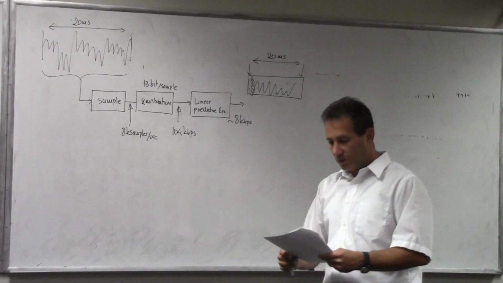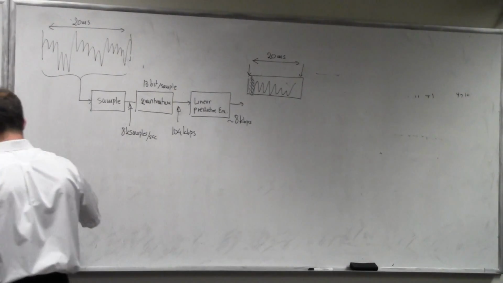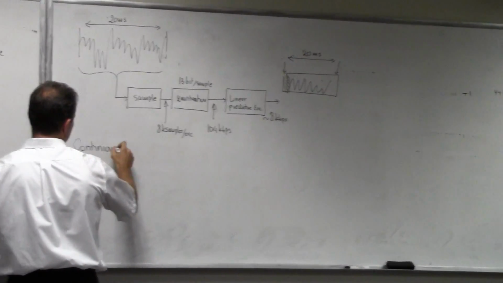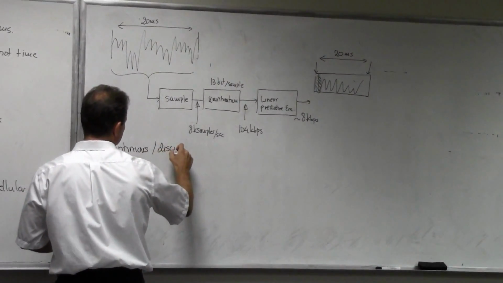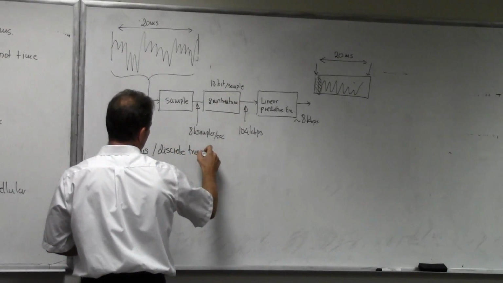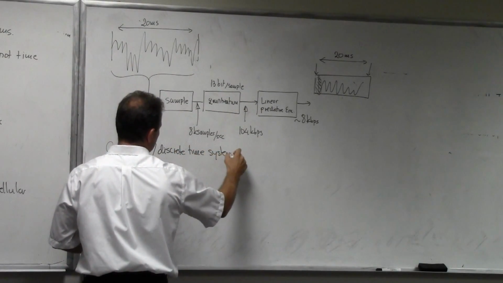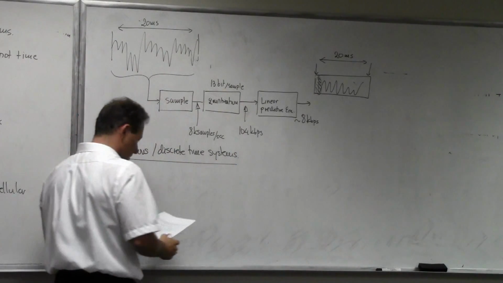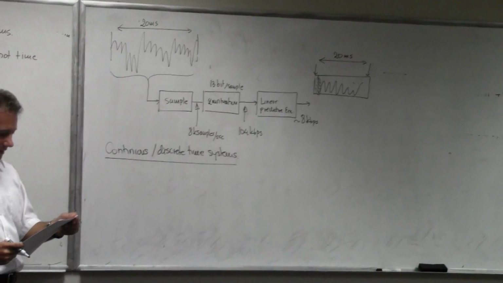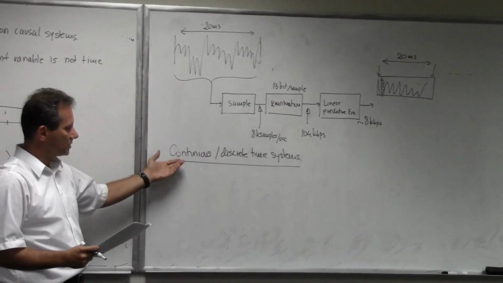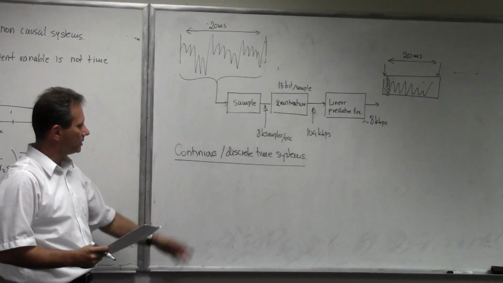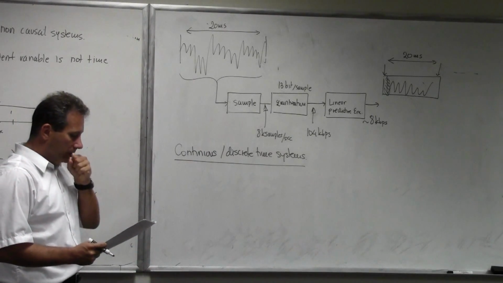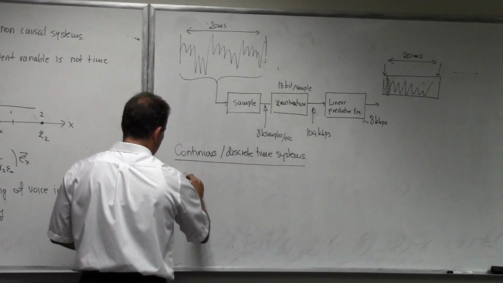All right. Now, we also mentioned last time continuous versus discrete time systems, and the distinction here is kind of the same as the one we had for signals. Systems which process continuous signals are referred to as continuous systems. So let me just put that here. Continuous systems